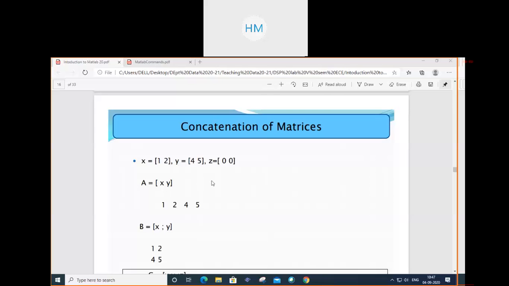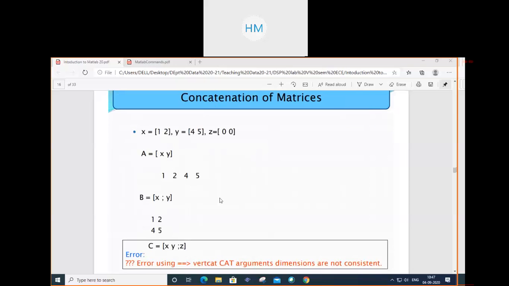Second, v = [x; y]. So now the syntax has changed. You will get a matrix of 2 by 2. There is a huge difference between just a simple instruction and a semicolon instruction. It will change your array totally. So if a syntax error occurs by mistake, and you write this semicolon, your result will change totally. Now if I use both of these syntaxes, then I will get an error.